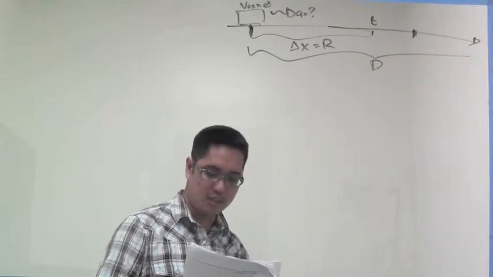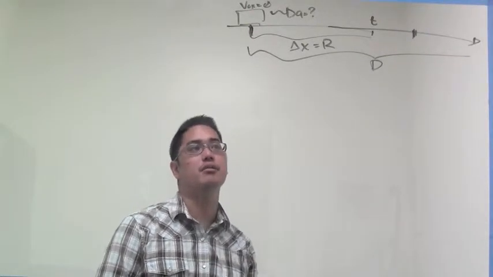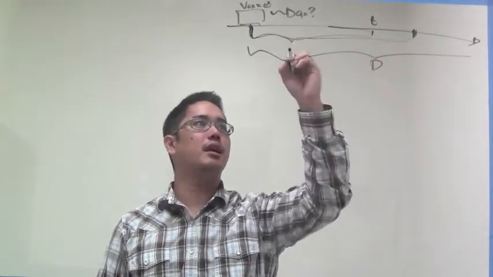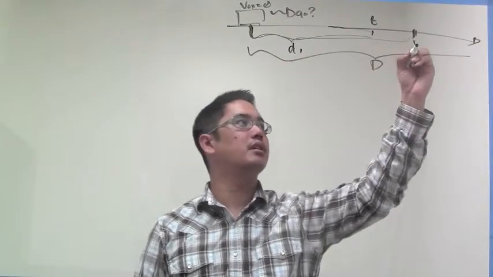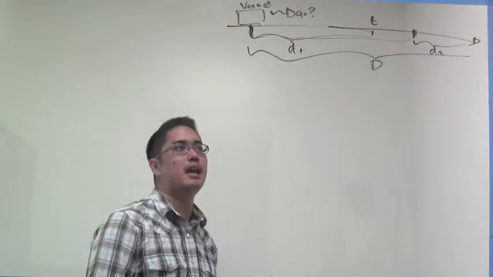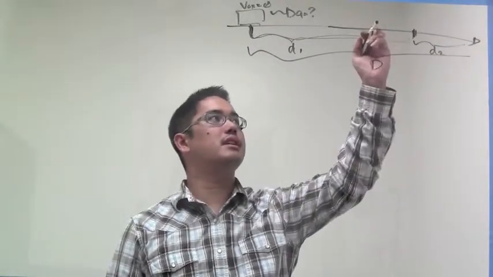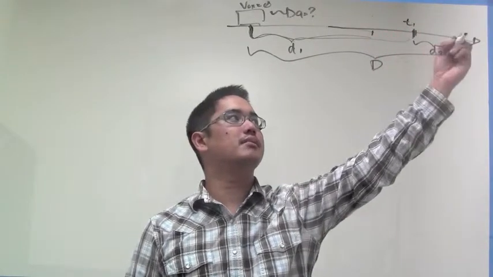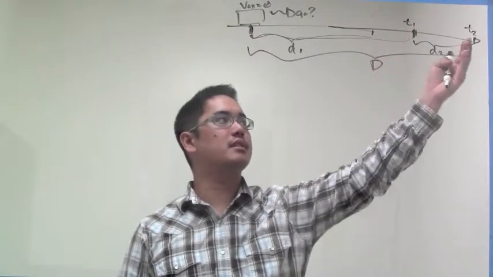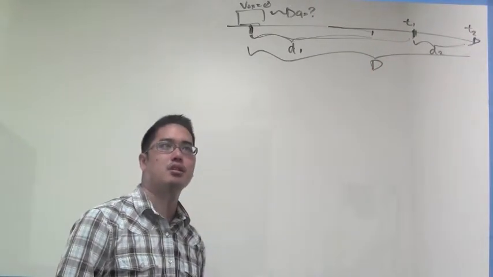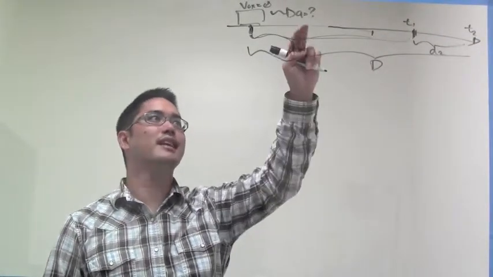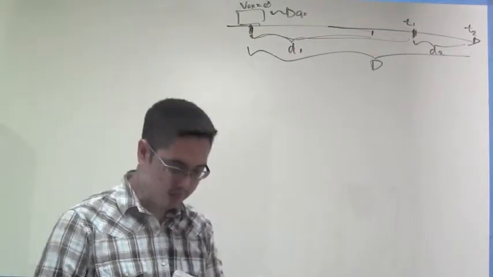All right, I guess the question is, how far did he go to get to his top speed? So I'm going to label this thing a little bit better. Let's call this D1, we'll call this D2. We'll call the whole distance big D, and this will be T1, this will be T2. This is the time to get from here to here, and then this will be the time it takes to get from here to here. All right, so the question is, what is D1? How far did he go at that acceleration? That acceleration being